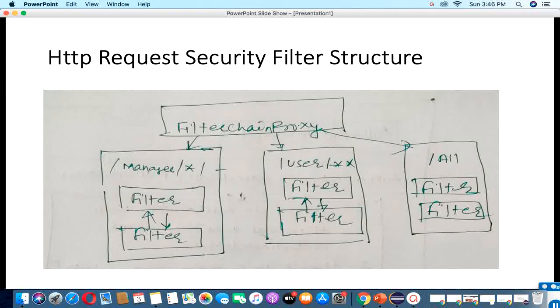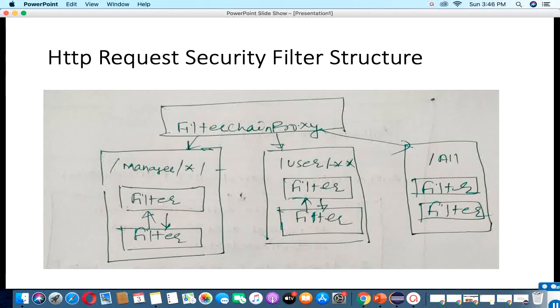This is the filter chain proxy. If a request comes to a manager URL, then it shows the filters for all manager requests. If it comes to user information, it will check all the user-information-related filters. And if any URL is allowed to all users, then it will work that way.